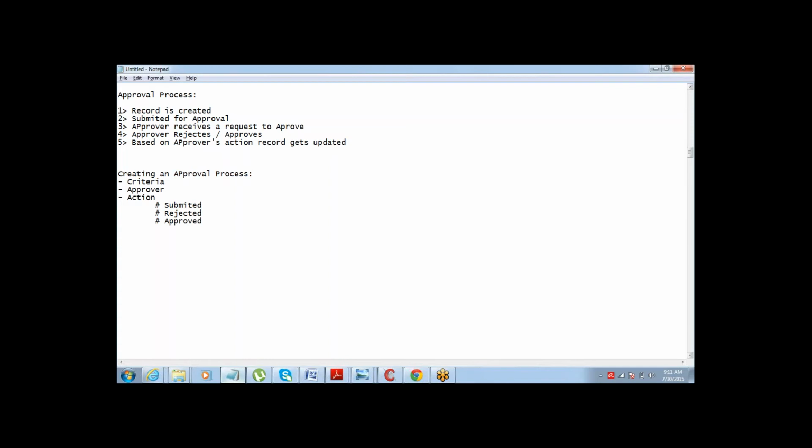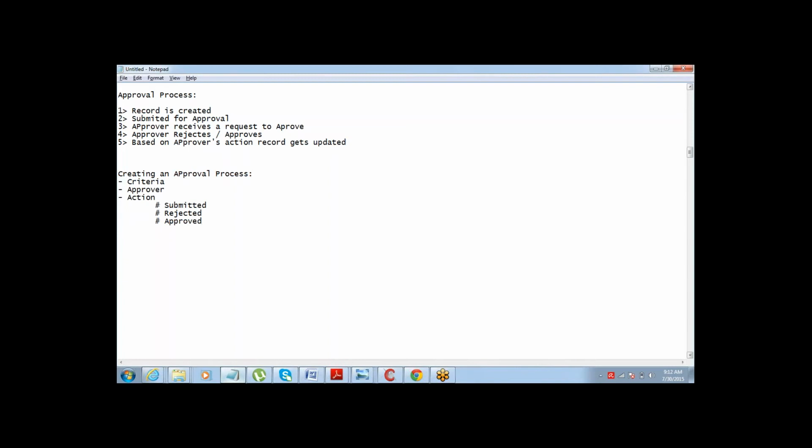So you need to define what should happen when the record is submitted, what should happen if it is rejected, and what should happen if it is approved. Actions need to be defined for each stage. All right, so that's about the approval process. Got it?